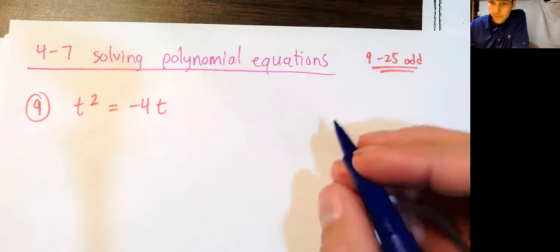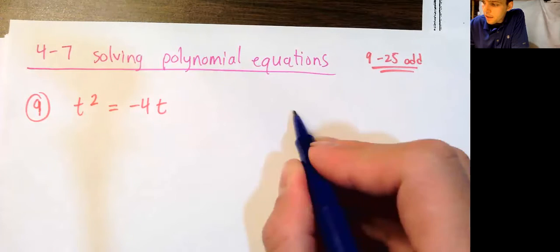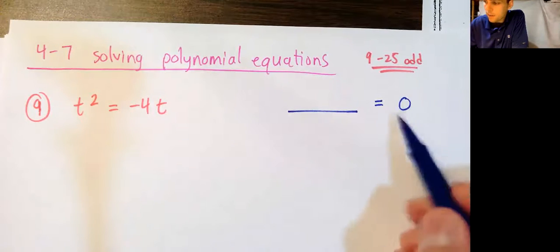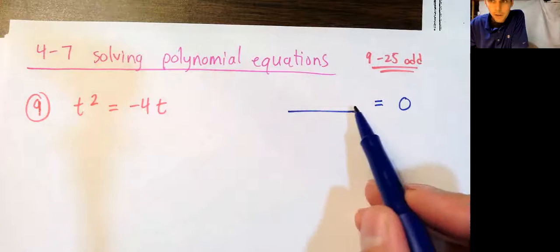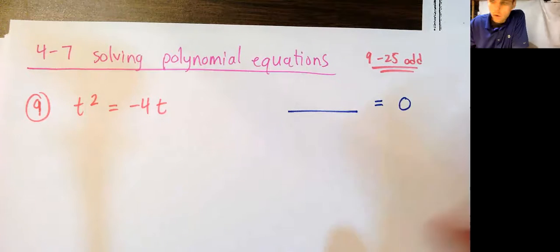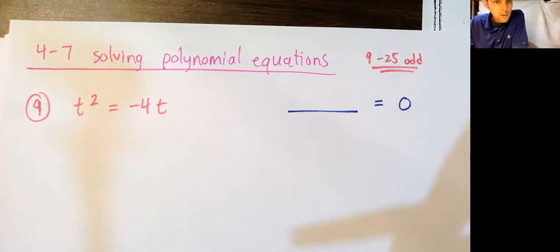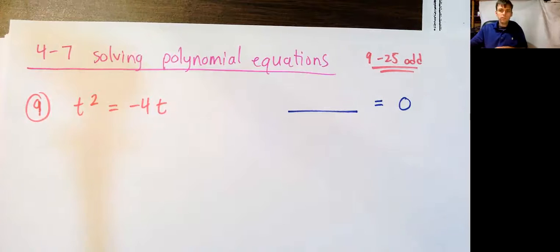So with factoring, you need to set it up in standard form. You need something equals 0. So you want one side to be 0, and you want the whole polynomial to be on the left side, or this could be switched around. The 0 could be on the left, and the polynomial could be on the right. As long as one side is 0 and the other side is your polynomial, you're good to go. So for our first one,